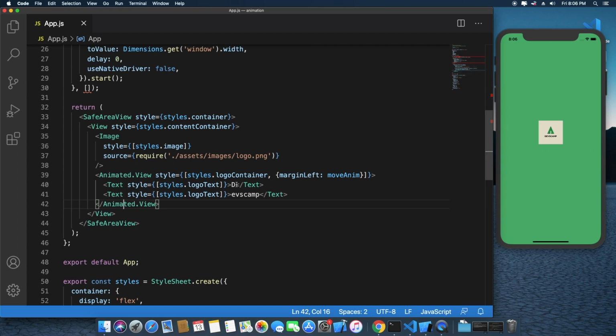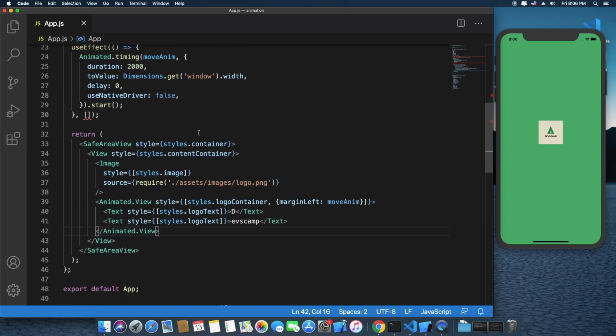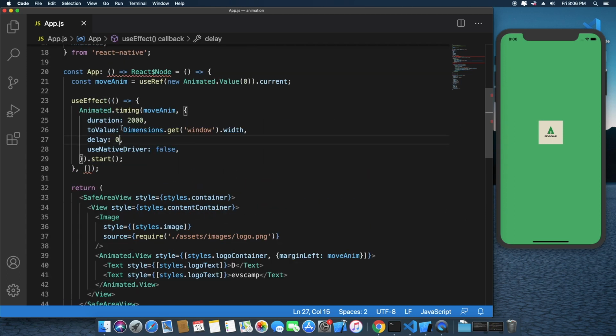So we can give this margin left as width divided by 1.6. Yeah, perfect. Then we have to animate from left back to the initial position. For that we can serialize this animation.